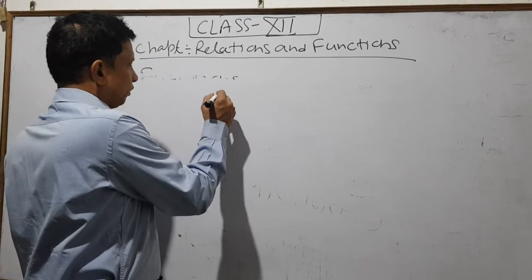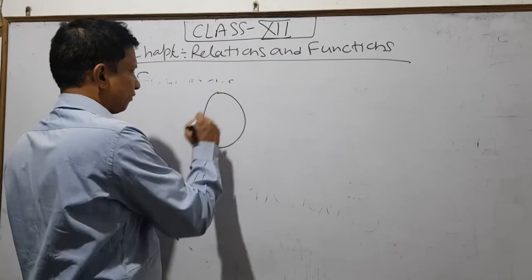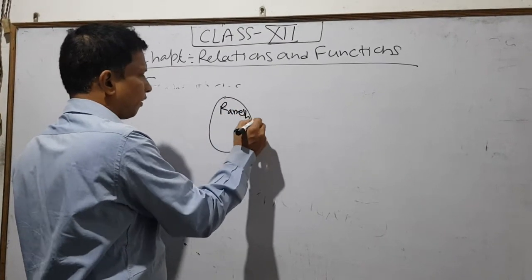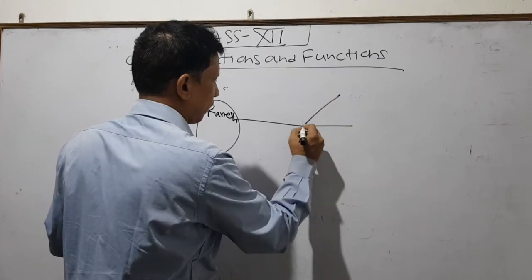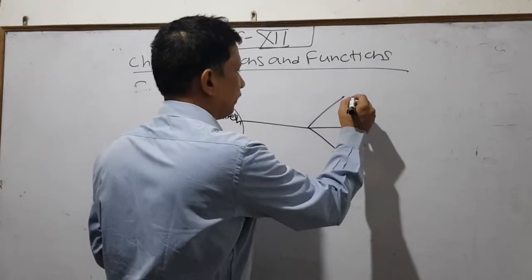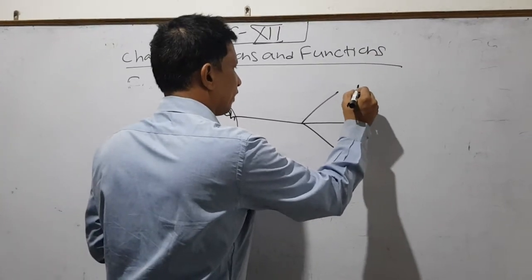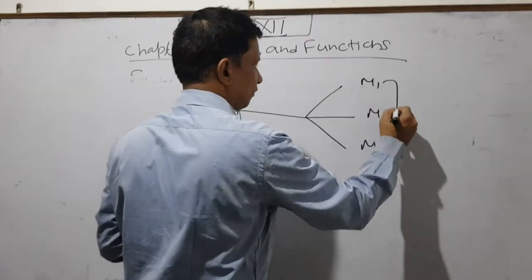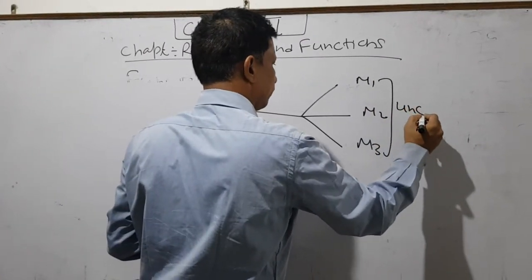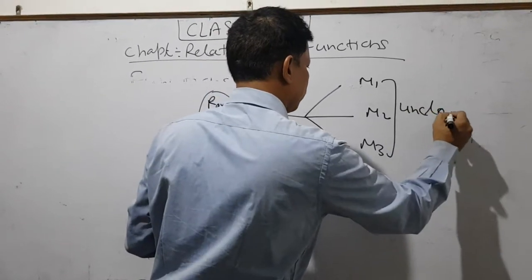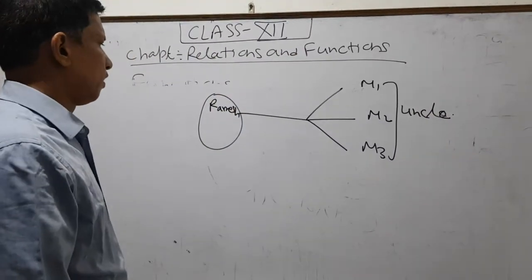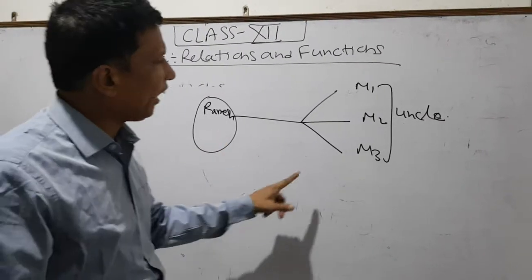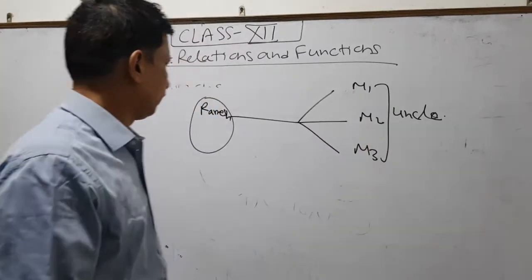Relation is, suppose, a name Ramesh had three uncles M1, M2 and M3. This is a relation. Ramesh had three uncles M1, M2 and M3,